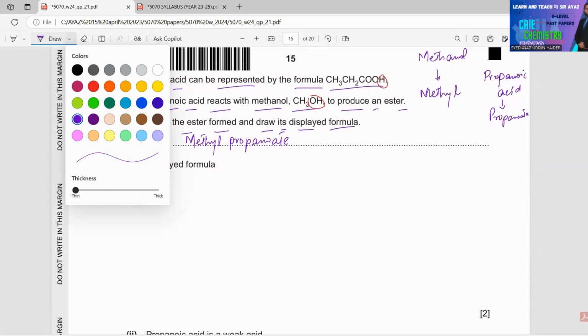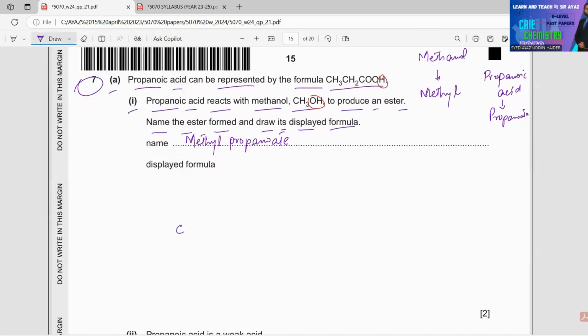So methyl one will be the methyl group C. We have 3 hydrogen atoms for the methyl group. And it's going to attach with the carboxyl carbon, O, C double bond O. Now you have CH2 and CH3. Placing hydrogen atoms, this will be the final displayed formula